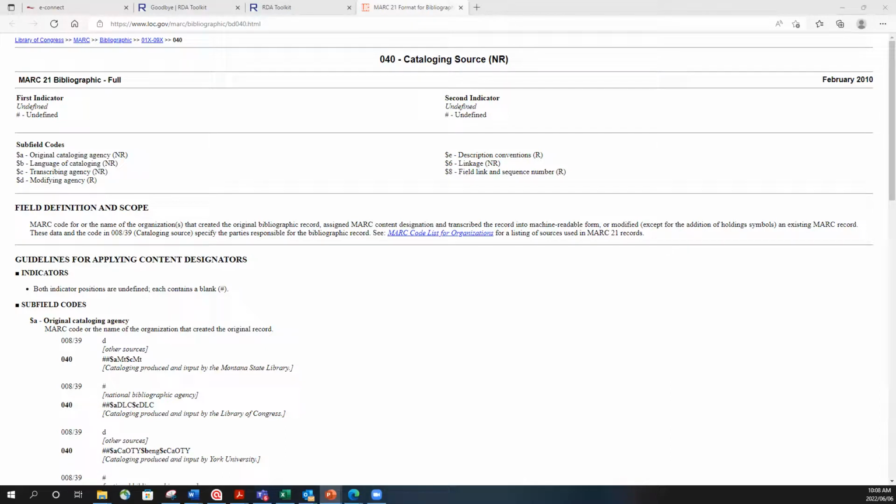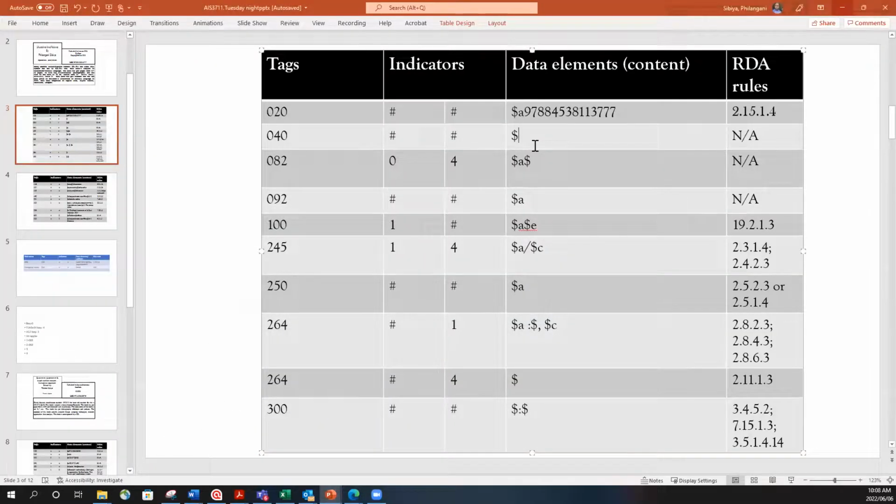One, original cataloging agency was not provided. Two, language of cataloging was not provided. Three, transcribing agency was not provided. Modifying agency was not provided. But what we know is delimiter E, the description conventions, which in our case is the RDA Toolkit. So delimiter E, RDA. Remember, when you are doing this, please ensure that you pay attention to delimiters or subfield